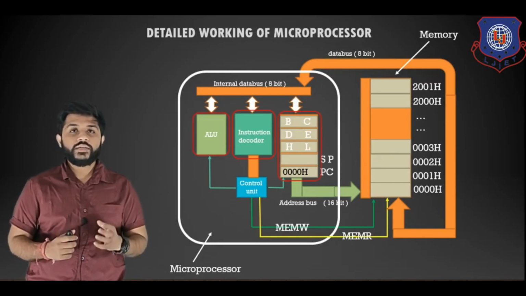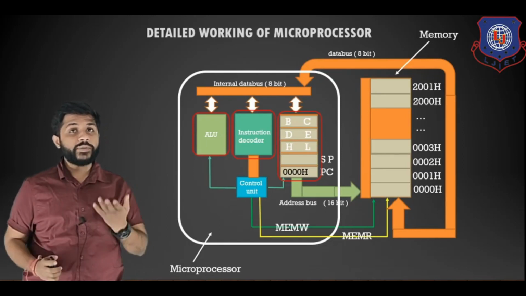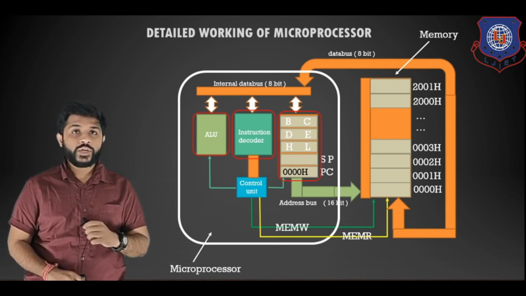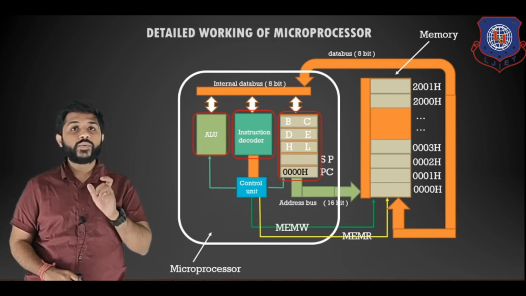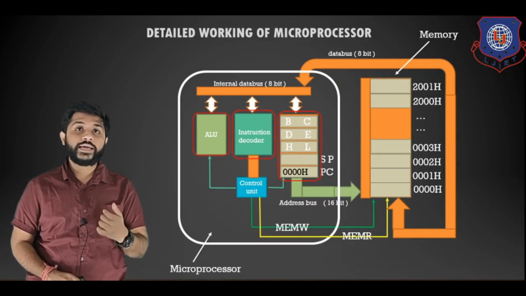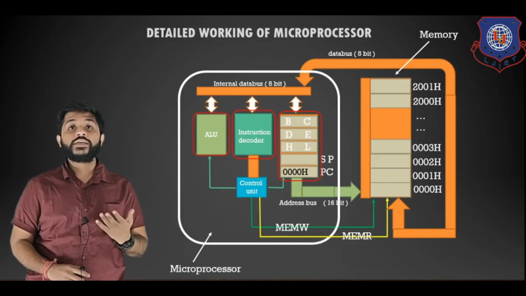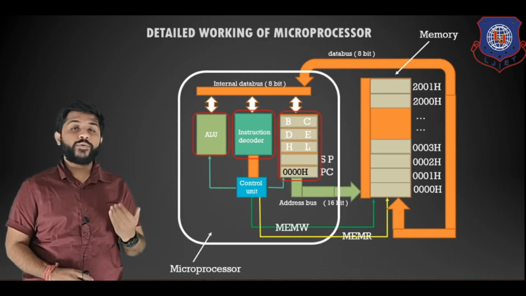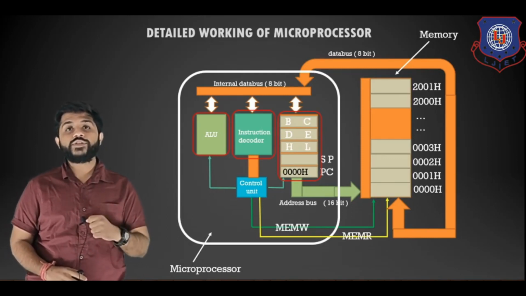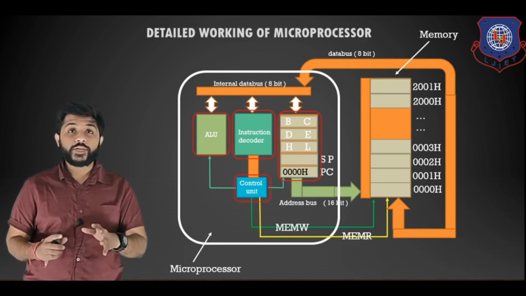The microprocessor 8085 has different general purpose registers, which are B, C, D, E, H, L. These registers are 8-bit, but if you want to store 16-bit data, that is also possible. To store 16-bit data, you can group these registers. You can make a pair of B and C, or D and E, or H and L. There are some special purpose registers called stack pointer and program counter, and the size of these registers is 16-bit.